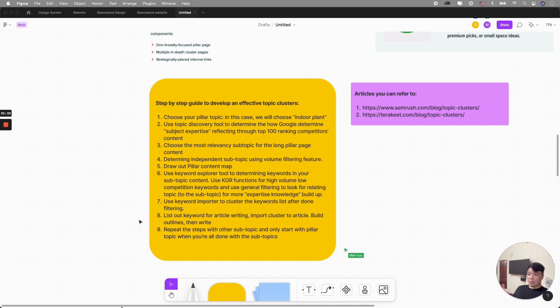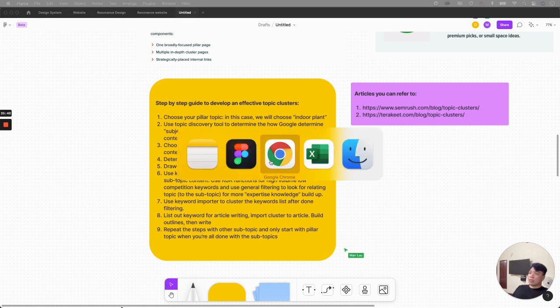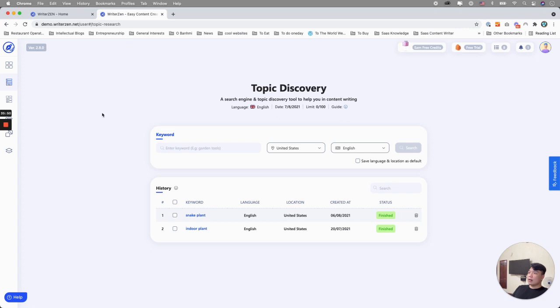So now let's turn to our tool and see how we could build a topic cluster from the sample case that I was doing. Let's do indoor plants. With indoor plants, the first question is, how do we identify what topics people talk about that, in Google's eyes, would make them an expert? The way we do it is that we scan the top 100 URLs related to this keyword, scan all of their content, and pick out some of the headlines and topics